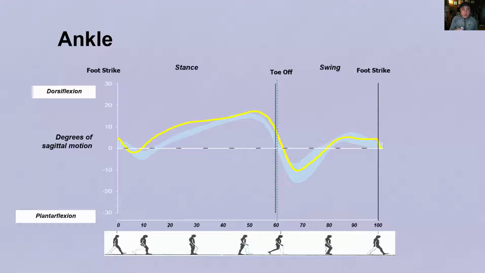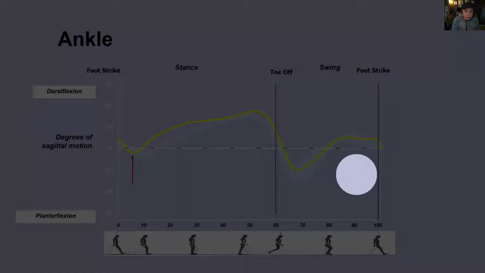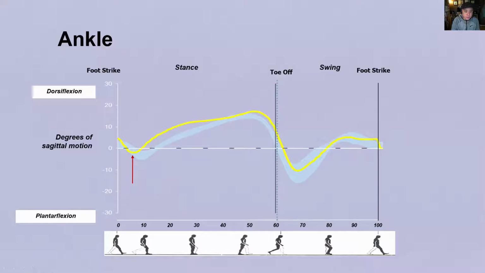This is ankle dorsiplantar flexion. And one of the first things that we take a look at here is this initial bump, this initial inflection in the graph. You can see that positive on the y-axis represents dorsiflexion, while negative represents plantar